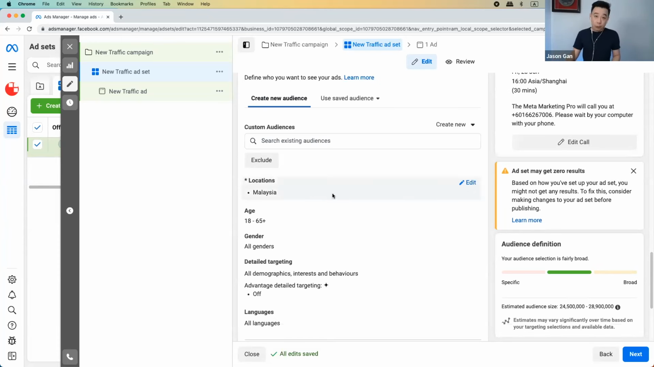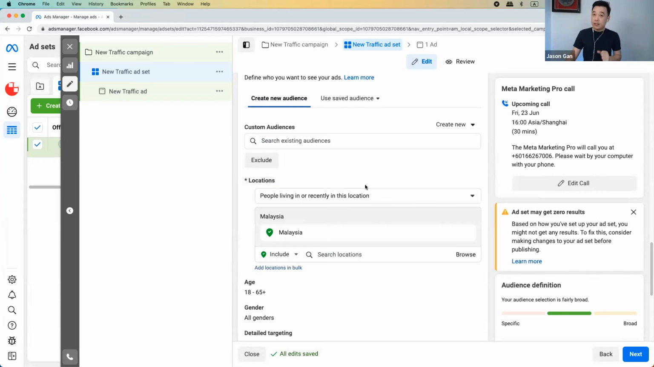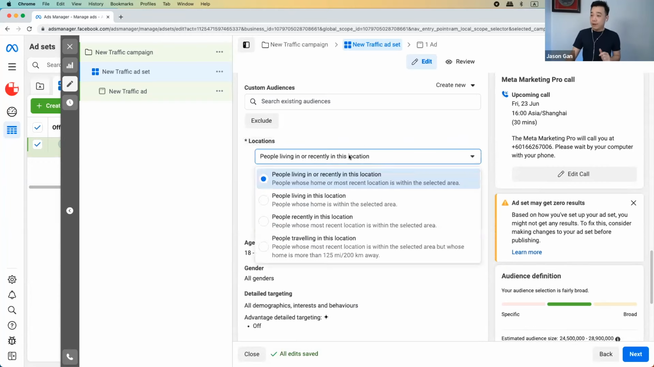First thing first, the location. So when it comes to location, if you click onto it, there are a few things you want to pay attention to. In fact, the default setting is you're targeting people who are living or recently in this location. That means you are also targeting people who were here, but they left the location. It could be travelers, it could be expats, whoever who were here. We do not have very solid information about how recent is recent, but we assume that